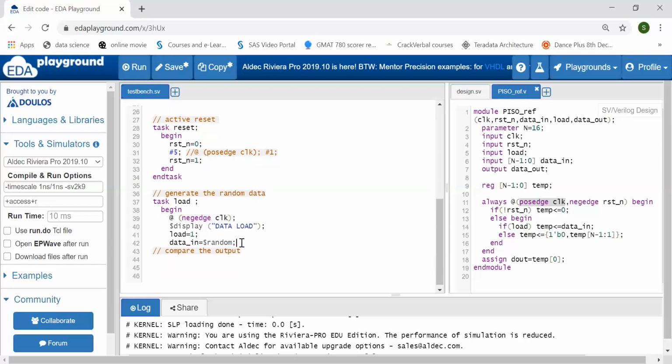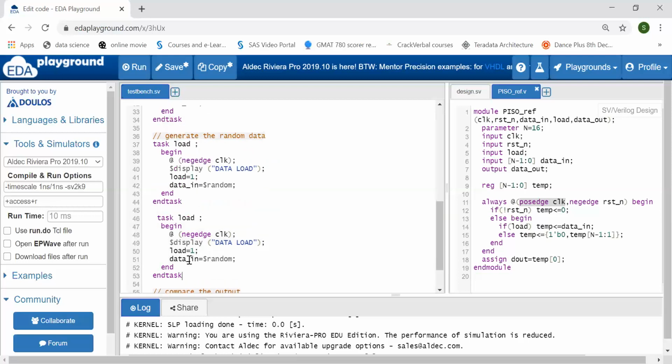So now the same thing I can copy and paste here. This is to shift the data, and the other one is to generate the data, or I can say to load the data.